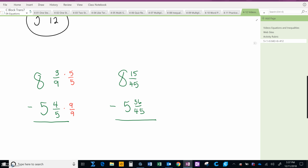So you should end up with 8 and 15 over 45 minus 5 and 36 over 45, since 45 is our common denominator. All right, so now we need to subtract 36/45 from 15/45ths, but you can't do that, okay? So 15 minus 36 over 45 doesn't work when we're dealing just with positives. So we'll see something different when we deal with negatives, but with positives, you can't do that, right? You can't take 36 from 15. So